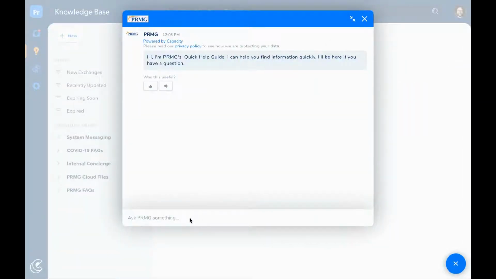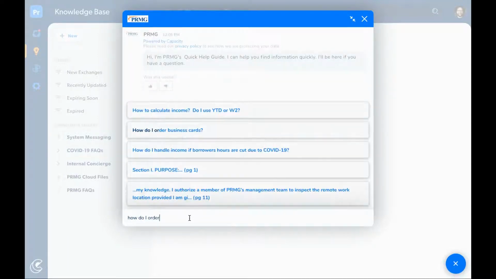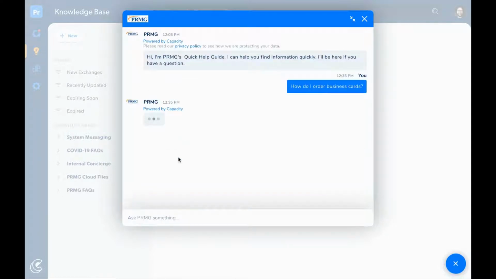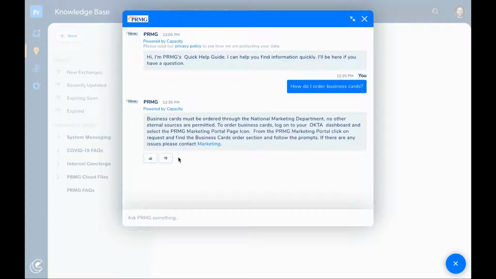I'm gonna ask an internal question. So if I'm on the marketing team and I wanna know, how do I order business cards? And it comes back with autocomplete. I click on my question, and Capacity comes back instantly with a response. We're just making it simple and straightforward, frictionless to access all of your company intelligence, whether it's internal or customer